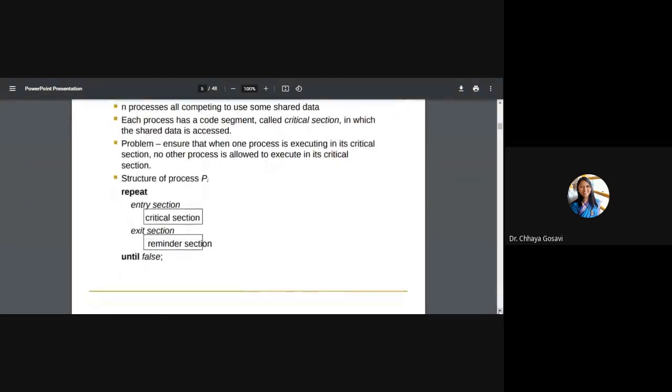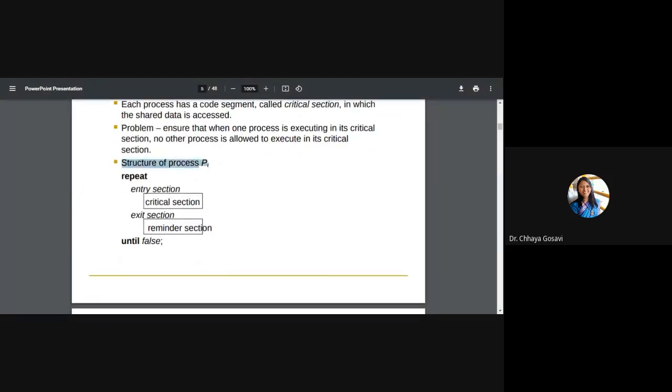For any process Pi, there are n processes, and i will vary from 0 to n minus 1. For any process, there is a structure like this: entry section, then critical section, exit section, and then remainder section. And it will continue.